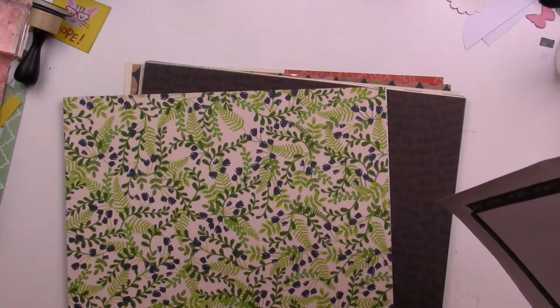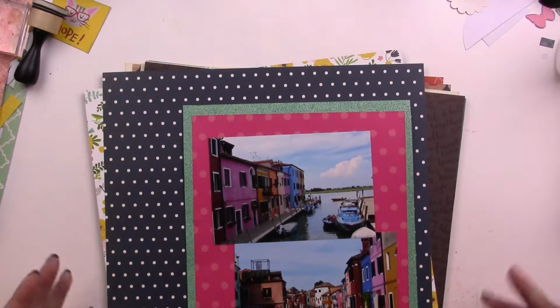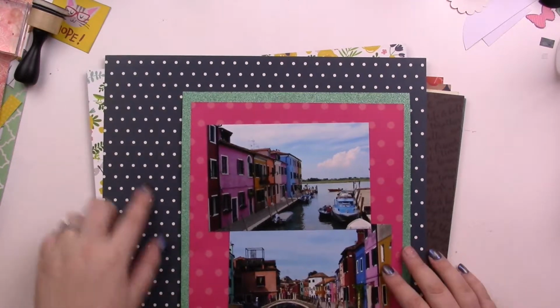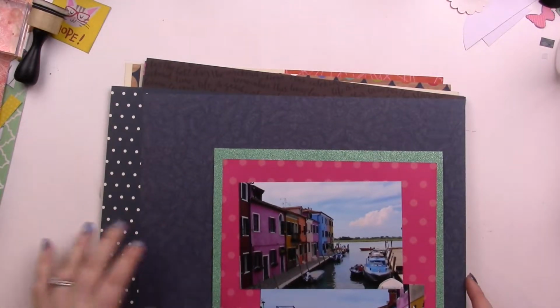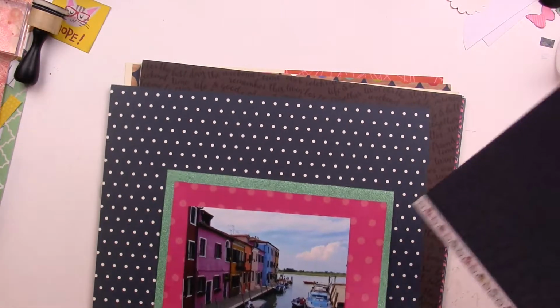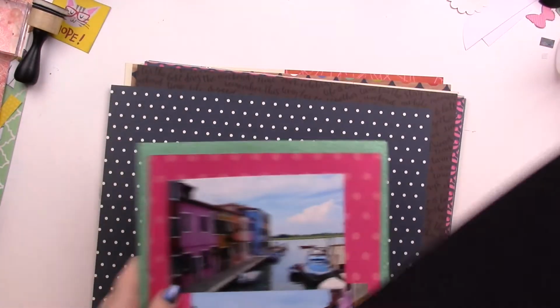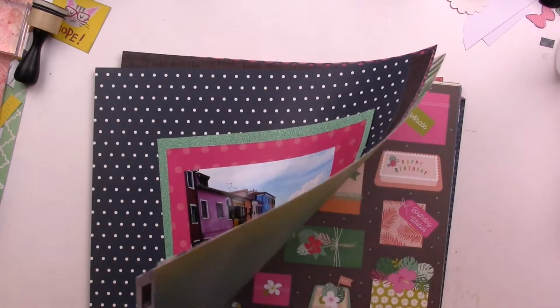Too much blue. I do really like the navy, but I know that this page is going on a page with navy. Like the facing page was that navy stripe. So maybe I will keep that one out. And I did want some yellow. Here's another navy. It's a slightly different tone of navy. Do I notice much difference? It's not as dark. However, this has like a leaf and floral print, and this was taken in a lagoon. There are a lot of florals in the background, but so far this is my winner. And I do need some yellow, so I will either pull some yellow in with the embellishments,